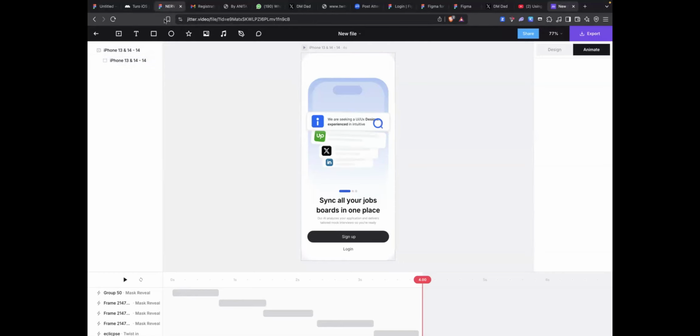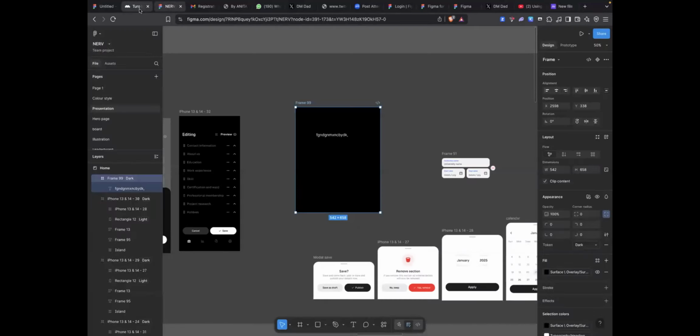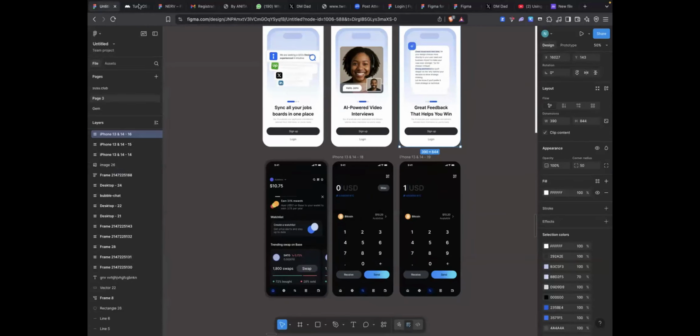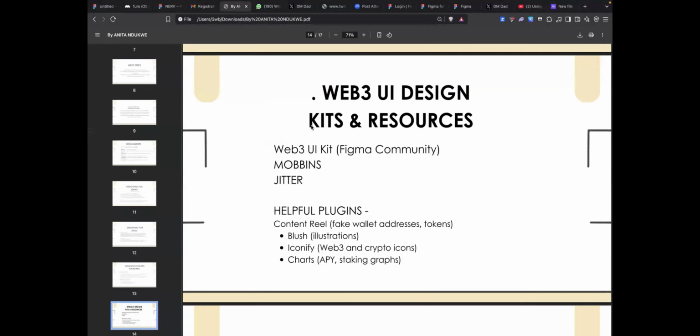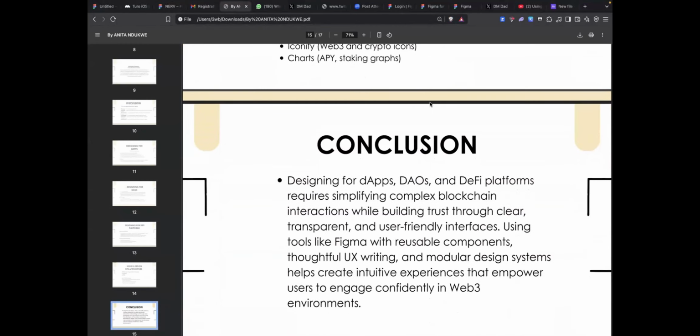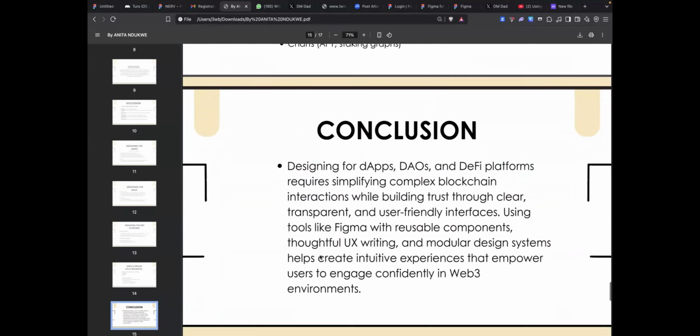So, aside that, I think I'm even coming to conclusion, but I'll dive in another thing before concluding. So designing for DAOs and DeFi platforms requires simplifying complex blockchain.